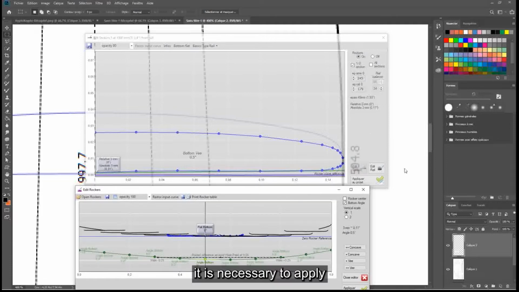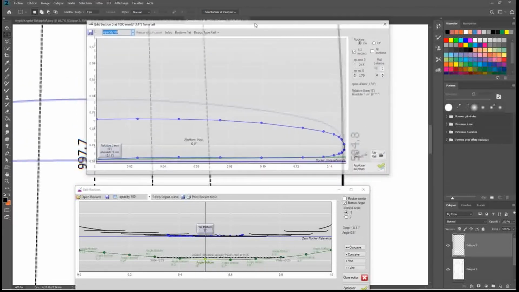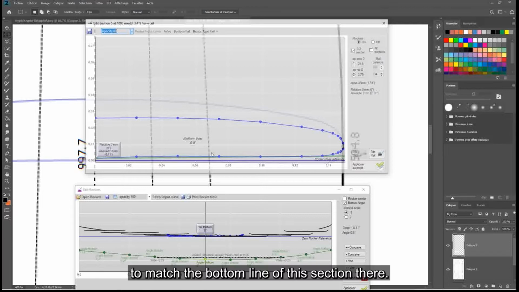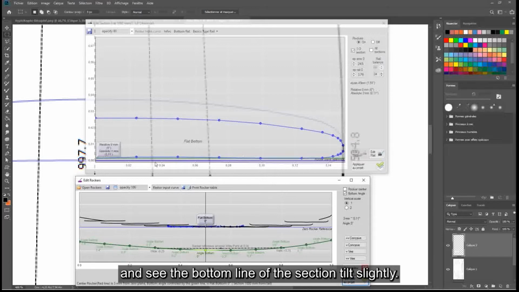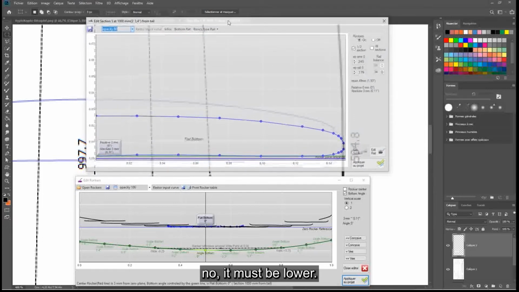It is necessary to apply. We are going to raise everything to show a little better. Here I have my line with my section on my drawing, and my goal is to bring the bottom green line down to match the bottom line of the section. So I apply rocker to the project, and see the bottom line of the section tilt slightly. Is that enough? No, it must be lower.